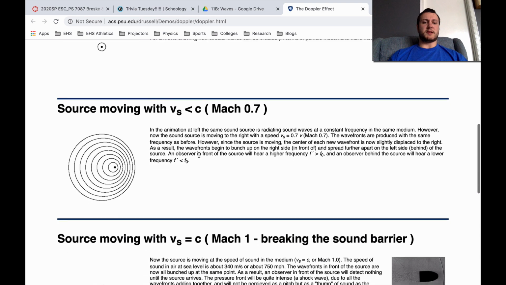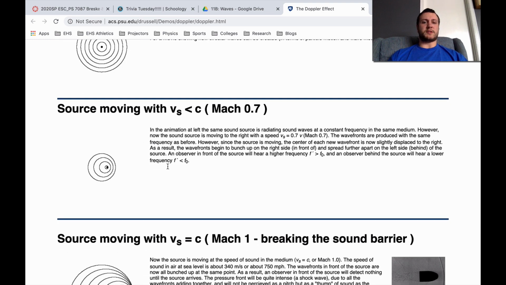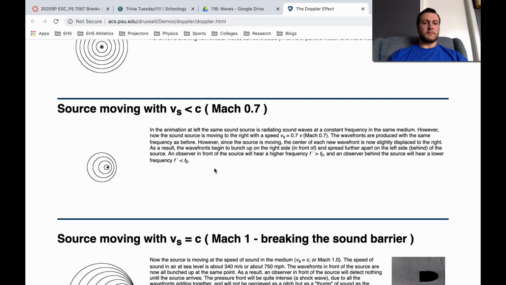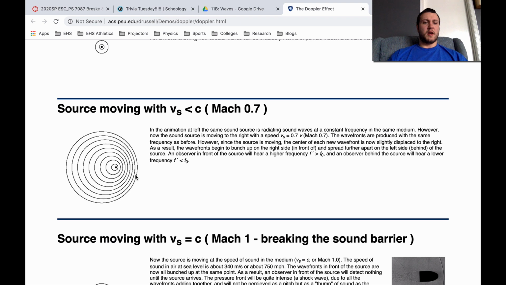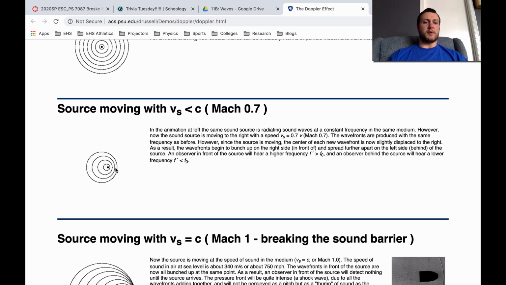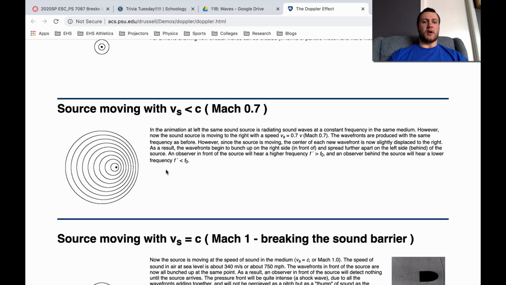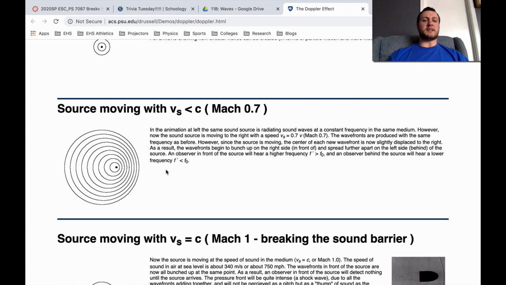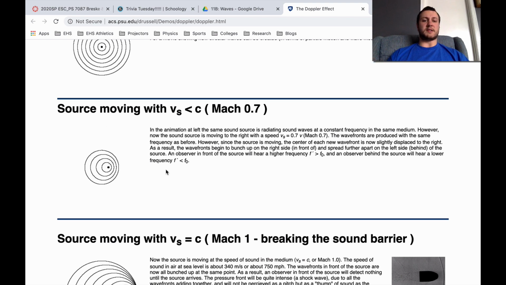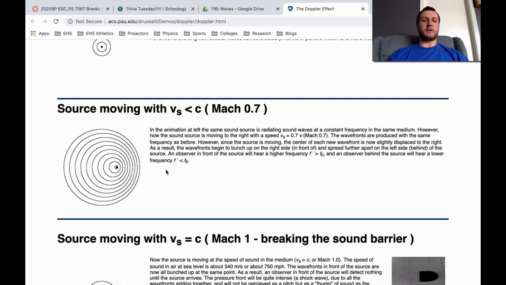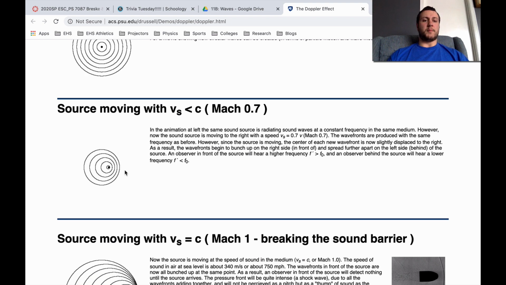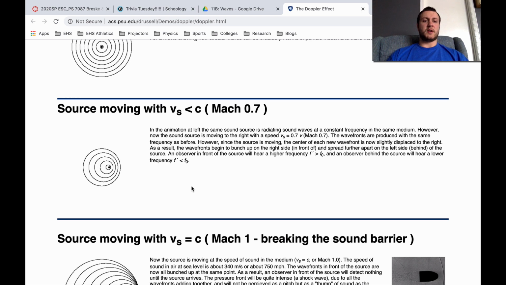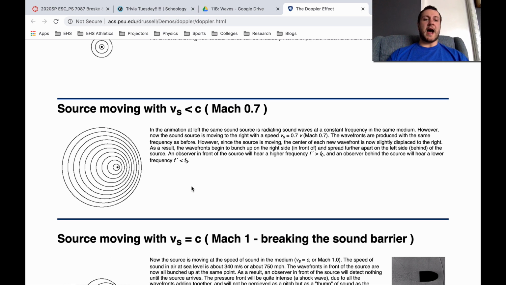As this source begins to move, in this simulation the source is moving at 70% of the speed of sound. Here to the right-hand side, we notice the waves are bunching up in front of the source itself, which means that's going to represent a higher frequency. Even though the object is emitting the same frequency as it was before, once you put it in motion, we observe that wavefront bunch in front of that sound producing source, which is going to cause an apparent higher frequency